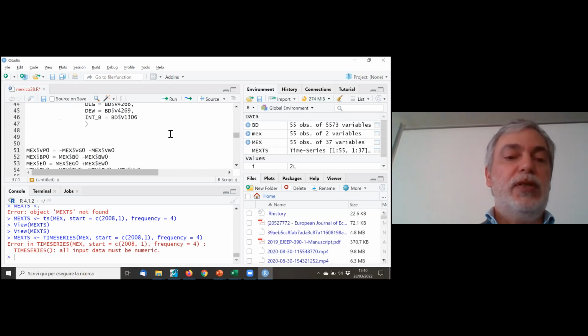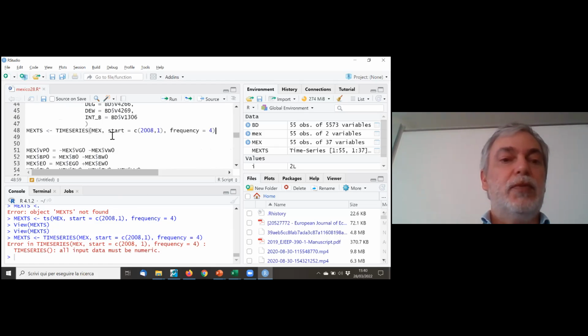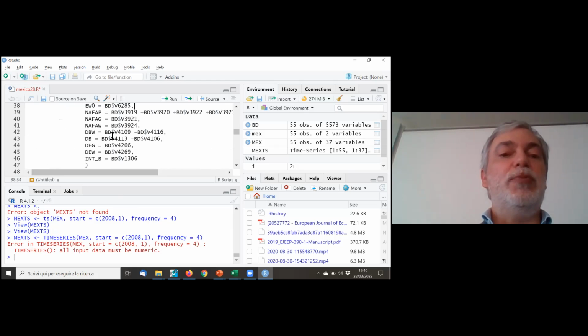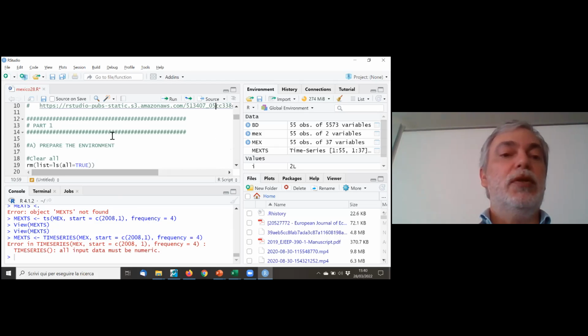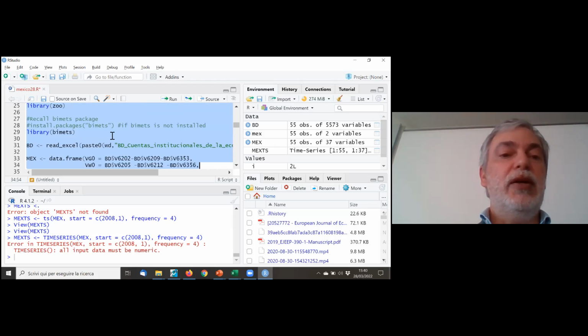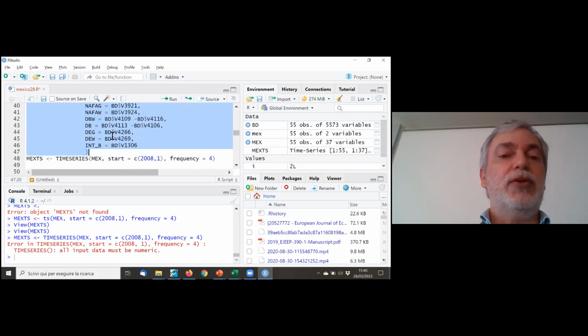But what if we start afresh and try this, because in here we have created some missing values? So if I restart everything from the beginning, clearing everything, reading my max variables,